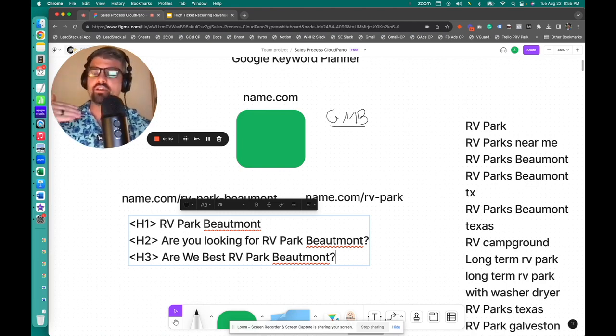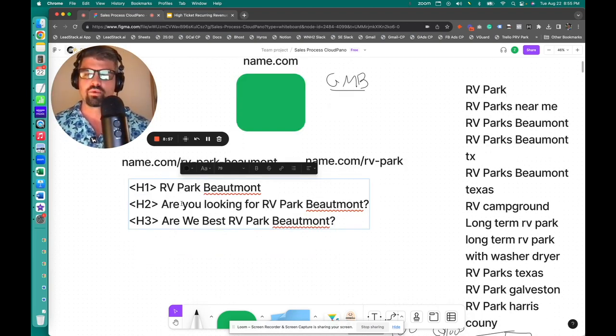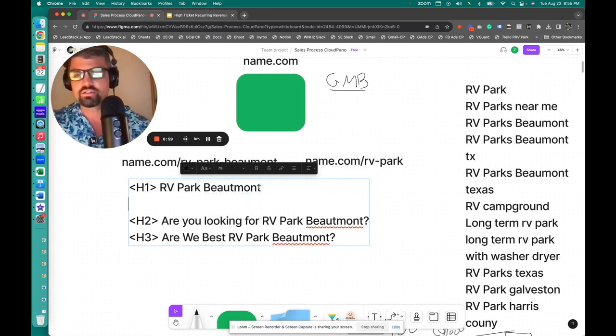So basically you can add those in your website. And what it's doing is telling Google, this is what this is about. This is all relevant information to the search person. Because basically, picture Google as this all-seeing, all-knowing eye that can see into everything. This is how you're going to build the page. And then when you have these in place, you're also going to place in the paragraph text below